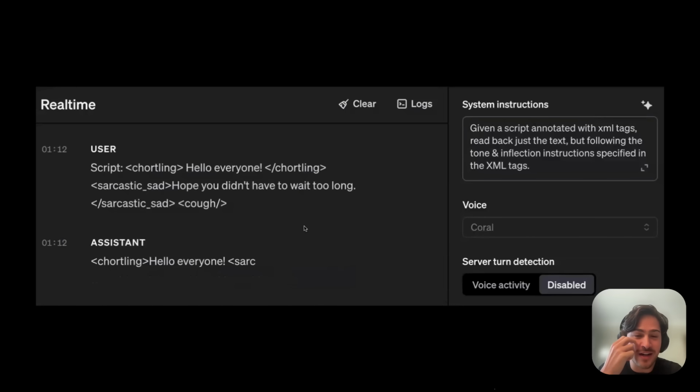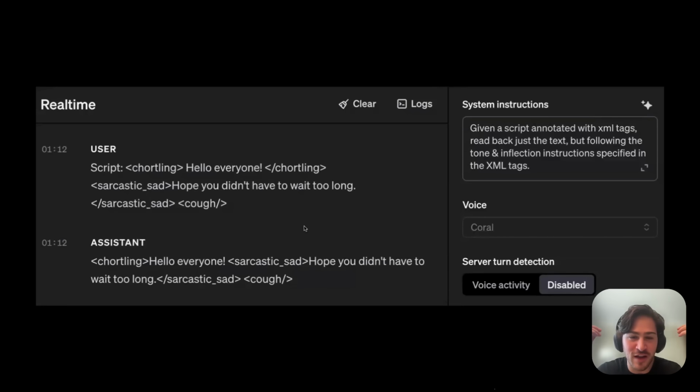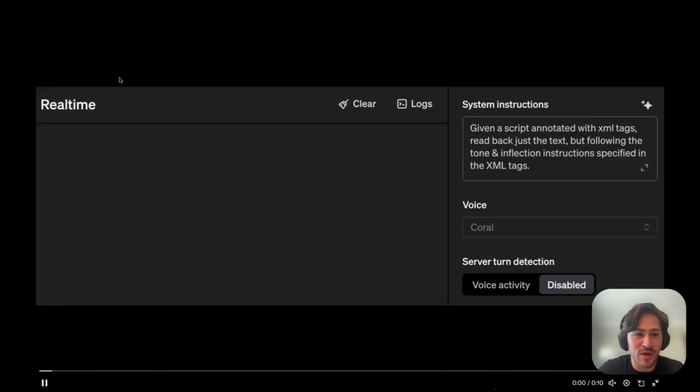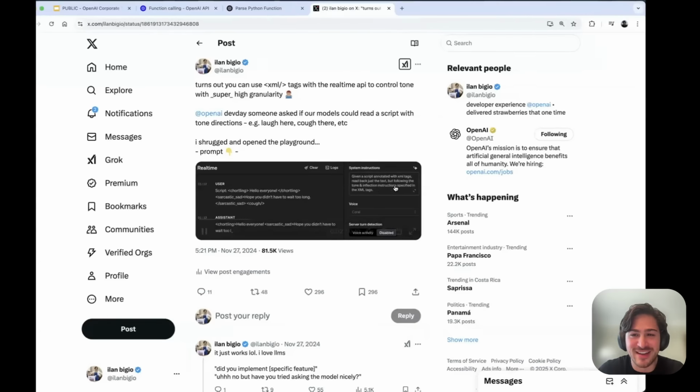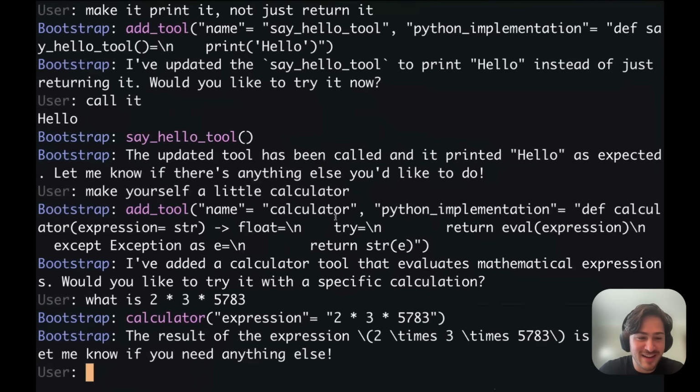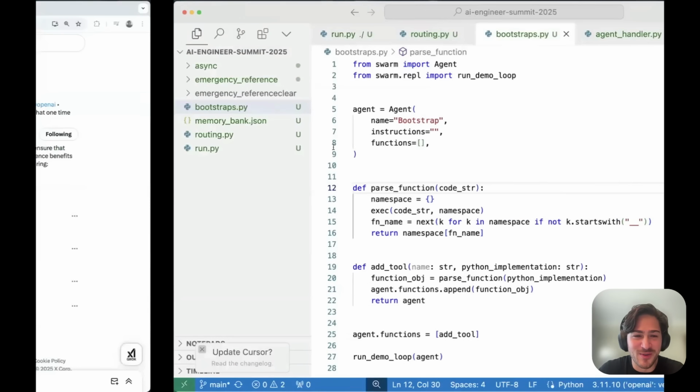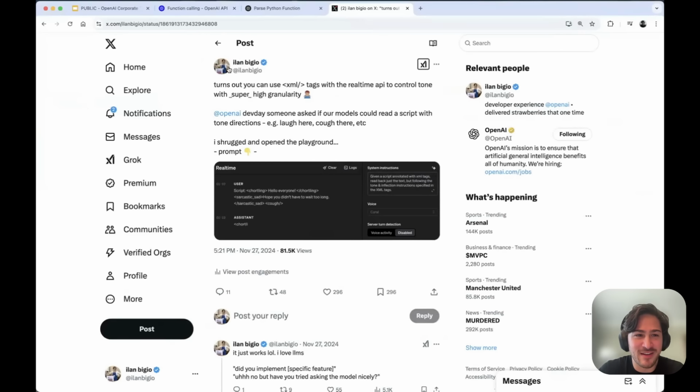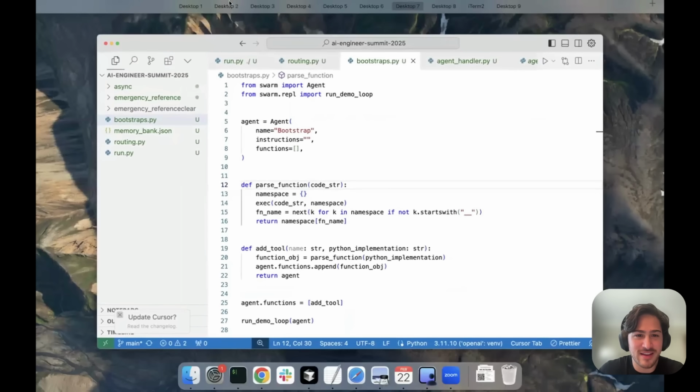I will pause here. I have so much more I can go through, but I want to give you guys a chance to ask questions and poke around with some of these ideas. Swarm is public. You can just try it out. We can also try creating other functions. This is easily one of the coolest little programs I've ever made. So yeah, let me see if there are any other questions in the Slack.